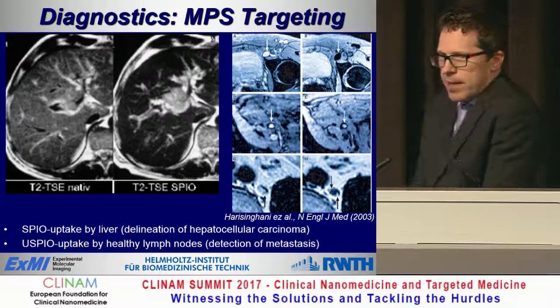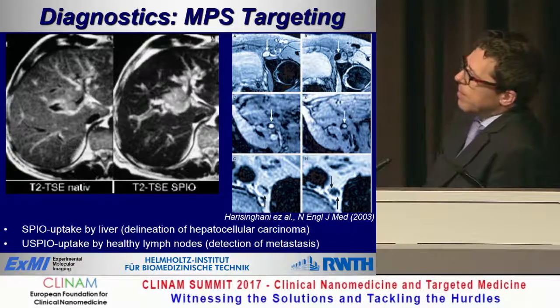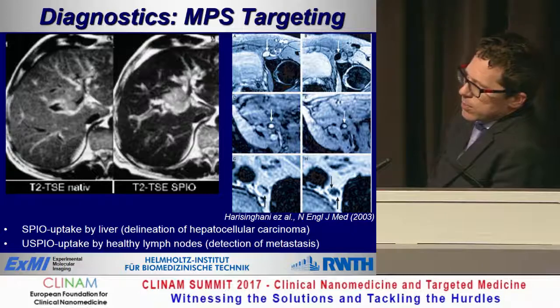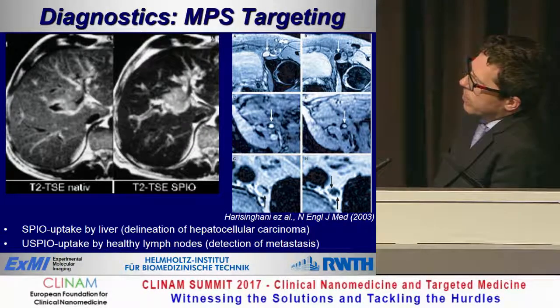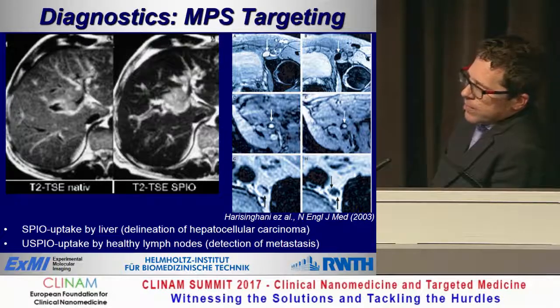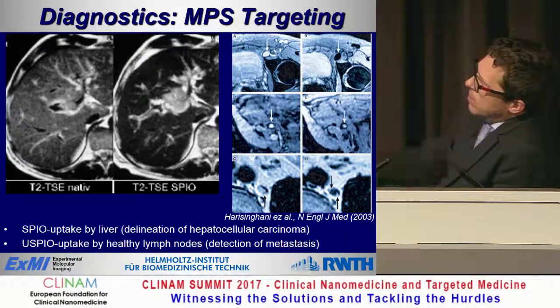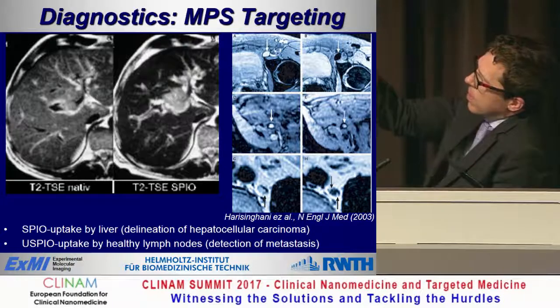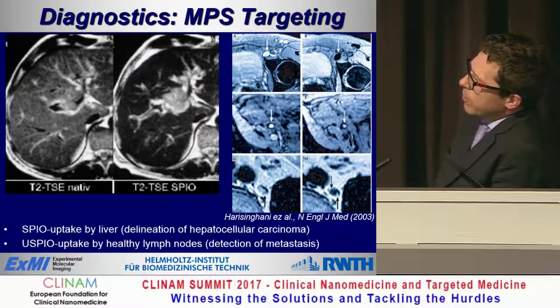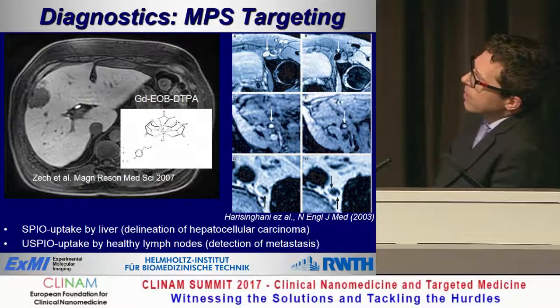Well, there were some nano-based diagnostics implemented in clinics, and with this slide I also want to show you how you have to think also about alternative strategies. Since many of the nanoparticles are internalized by the reticuloendothelial system, the first diagnostic agents were used to negatively contrast these tissues and thus to get better contrast to malignancies either in the liver or, for example, in lymph nodes.